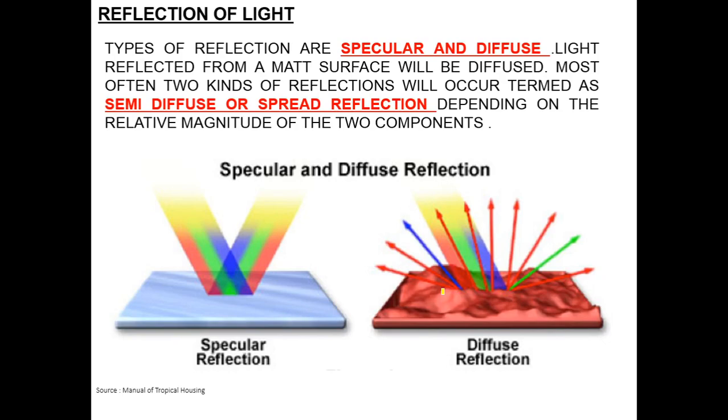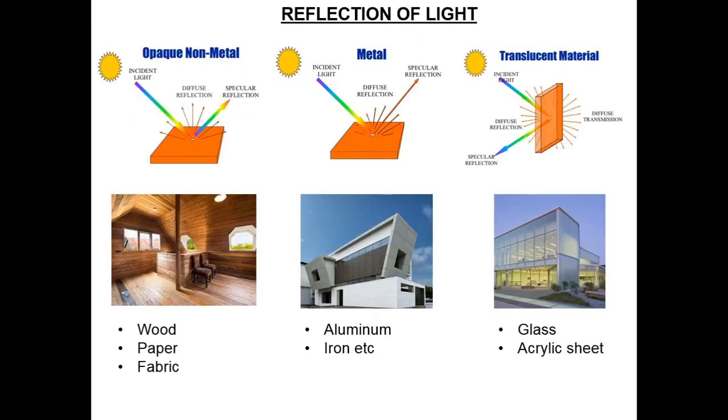diffused reflection. So depending on the functionality of the project and the surface of the material, the reflections may differ according to the material and also the color. So the reflection of light is very important. We have to understand what type of reflection is actually available because of the daylight, and you need to understand the function and give better solutions in terms of workspace and residence, etc.